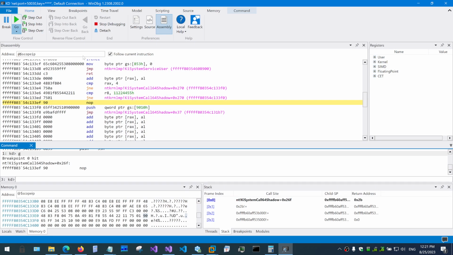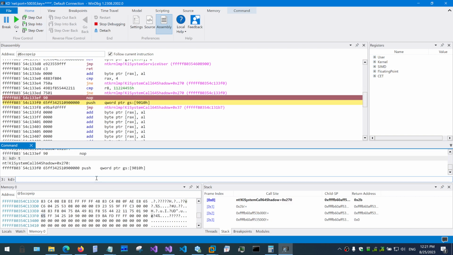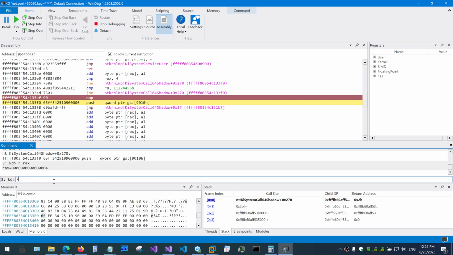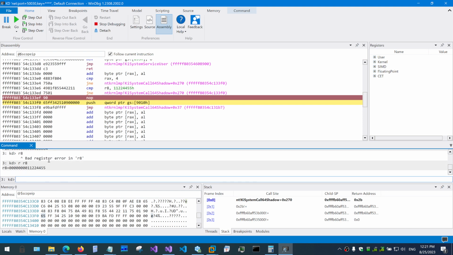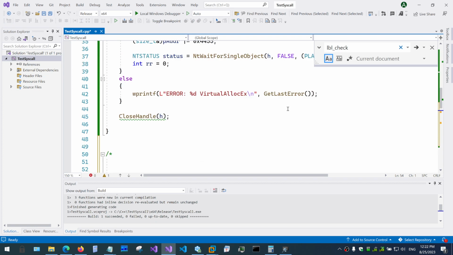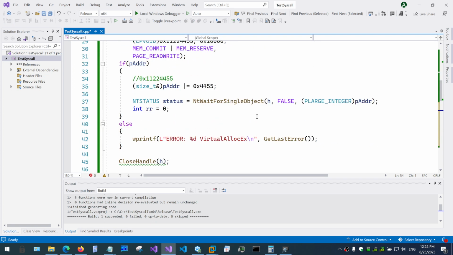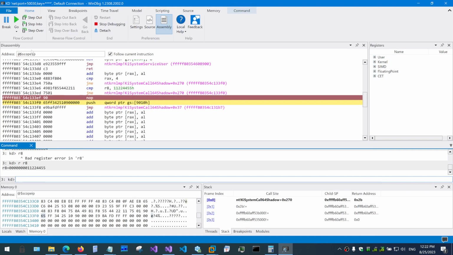And here we are. As you can see, the kernel debugger started flashing. So now, if you look at RAX, it's 4. R8, oh, I'm sorry, R8 is our magic number. So right now we broke exactly into our call. If you remember our NtWaitForSingleObject from user mode, we are in the kernel actually